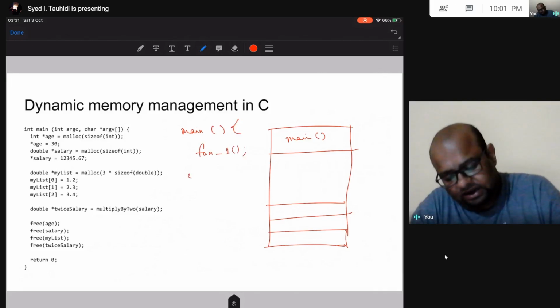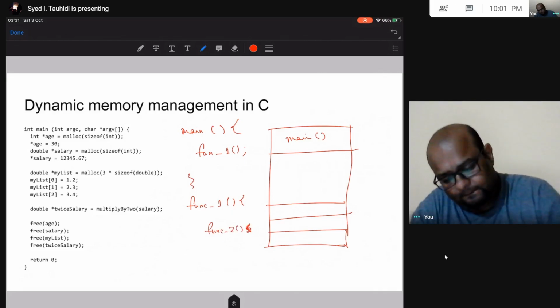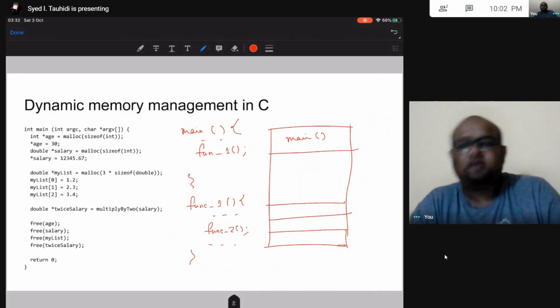Inside function one, I am calling function two. I have some code in each of them. This is what my program looks like.